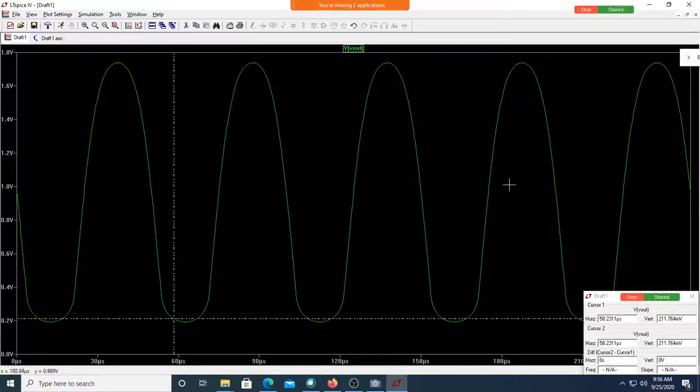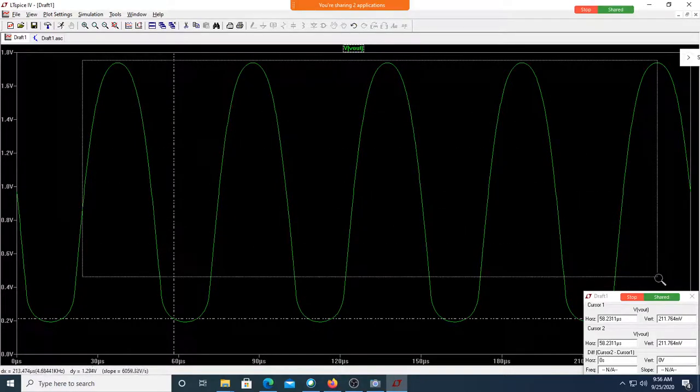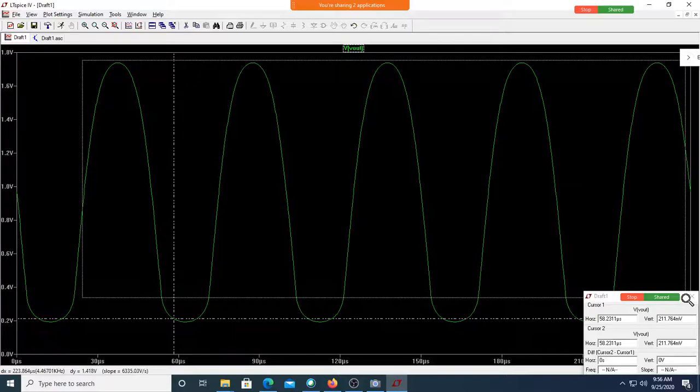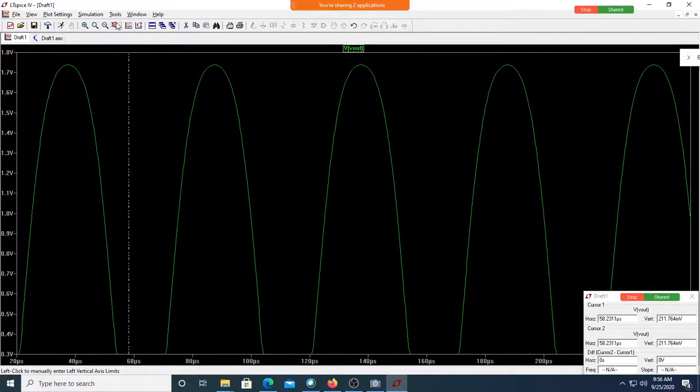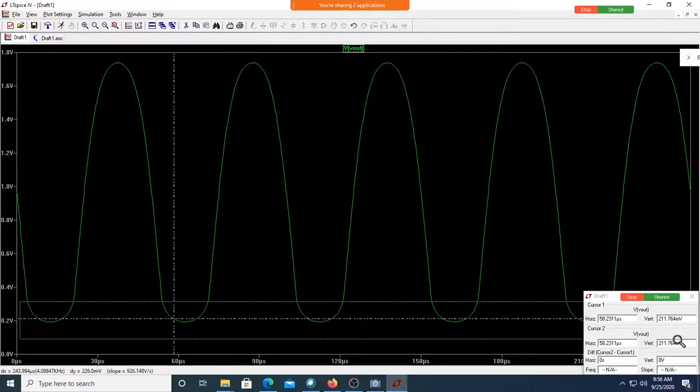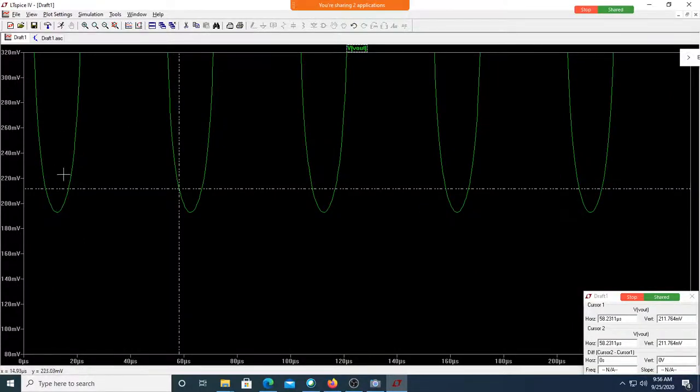In the above region, is your VDS more than 275? Yes, sir. So in this entire region, till this point, the MOSFET is operating in the saturation region. But in the bottommost region, whenever it drops less than 275, only this part of the waveform is not operating in saturation region. When it is not operating in saturation region, the MOSFET will not work as per your expectation.